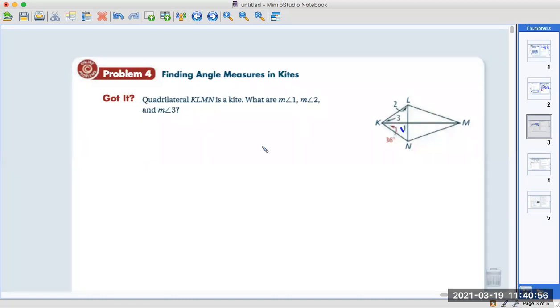So we know 1 is a right angle. That's the perpendicular. Those are the diagonals. And the diagonals we just read meet at a right angle. So I'm just going to write that down right away, 90 degrees. Okay, this one here is 36. So first of all, I know 3 is the same, and I'll show you why. If you remember isosceles triangles, which these are, this is an isosceles triangle. I'm going to make it red. So you see it. This right here is an isosceles triangle